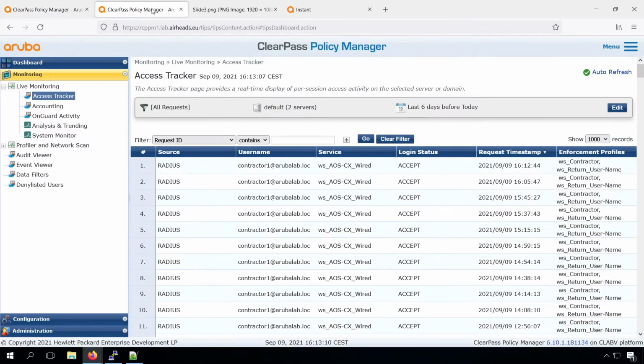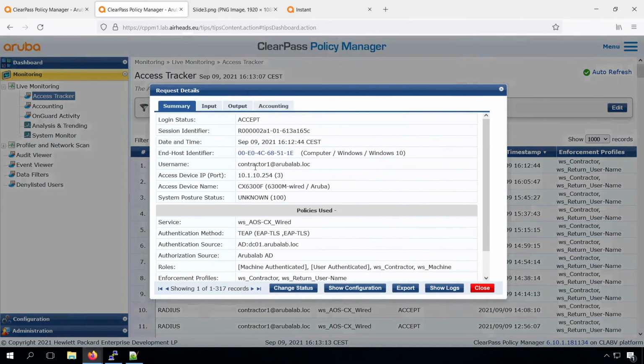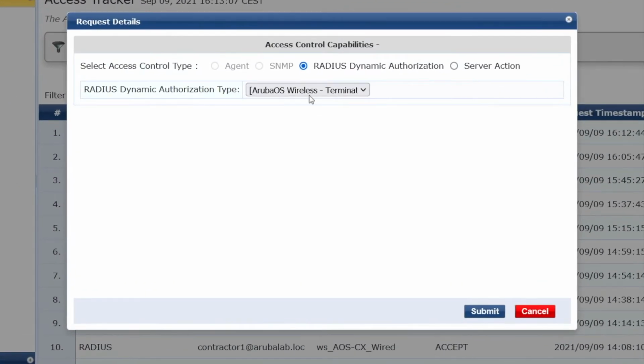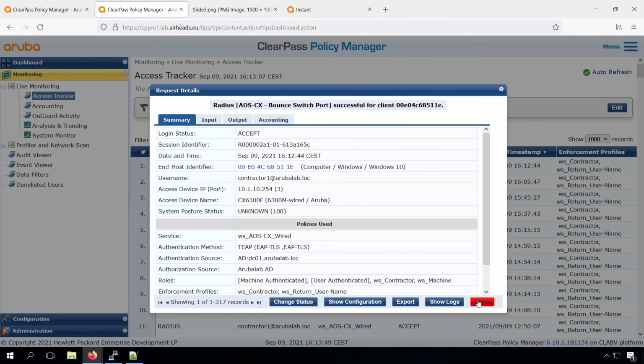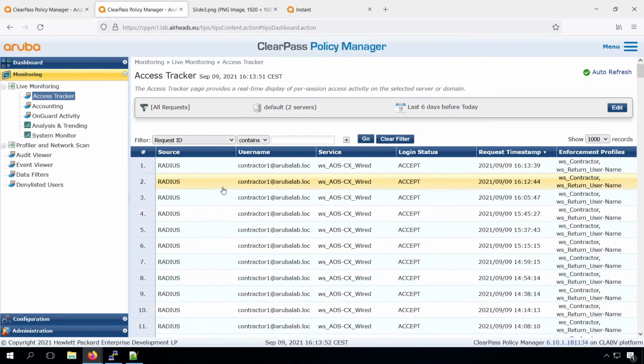So I go to the other session that I have, and here under the Access Tracker, what I will now do is a port bounce on the authenticated Windows 10 client. That will bring down the network port, and after that the client will do a re-authentication. So in the packet capture we should see the change of authorization, the RADIUS accounting, the new RADIUS request, and after that the DHCP from the IP helper. This is a good example of how the traffic should look. And if you know how the traffic should look when troubleshooting, you can also see when it doesn't look good.